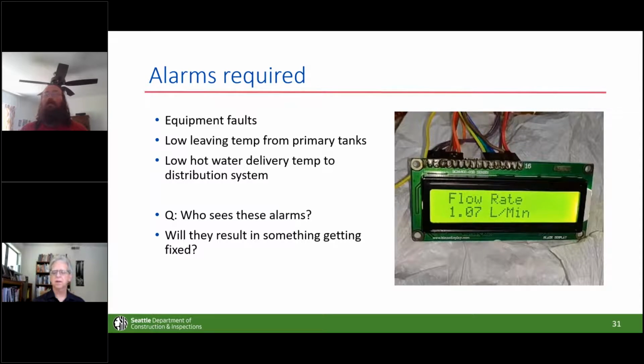And you designers probably want to have a little chat with your owners to figure out what their preferences would be for who'd receive this alarm, and then I guess it would be the controls contractor that would hook all that together. Right. Probably be a good thing to check with commissioning later to make sure that that actually is all wired up. That's right. Okay,